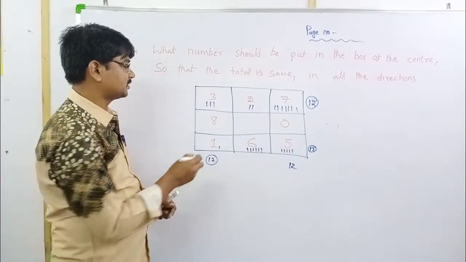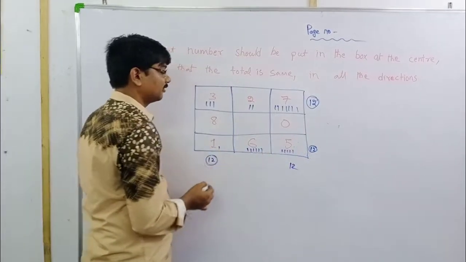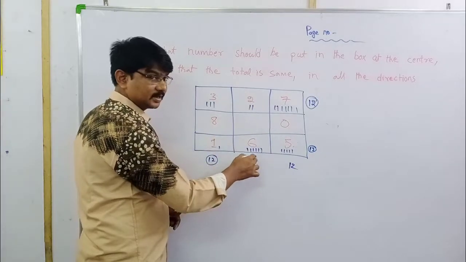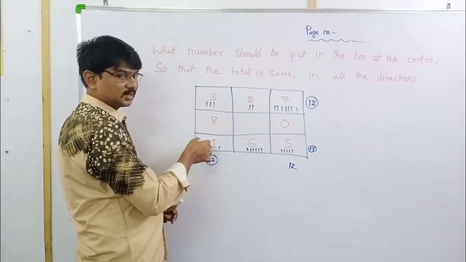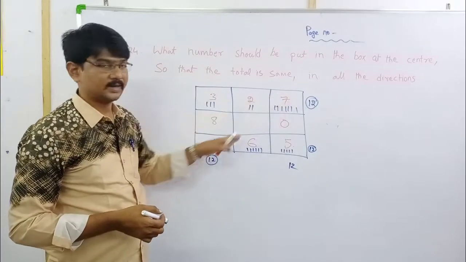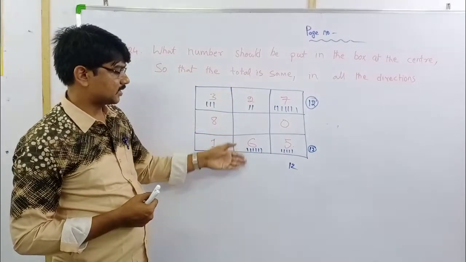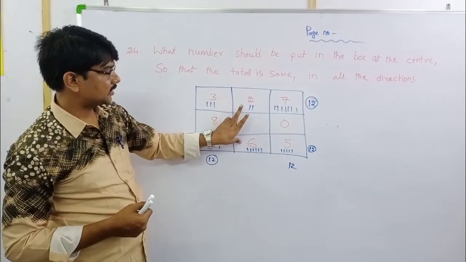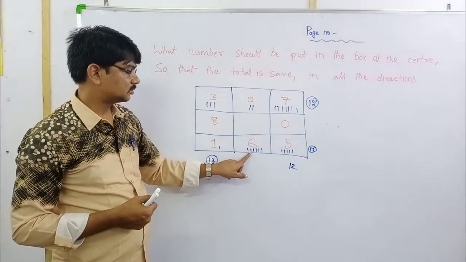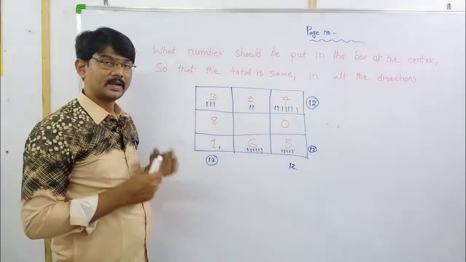What are the pending directions? In this direction, and one more in this direction, and one more in this direction. Yes, one more in this direction. Just by putting one number we can set all the directions. Okay. First let us take one example. Okay, one direction. 6 is here, 2 is here. 1, 2, 3, 4, 5, 6, 7, 8. 8 is coming.